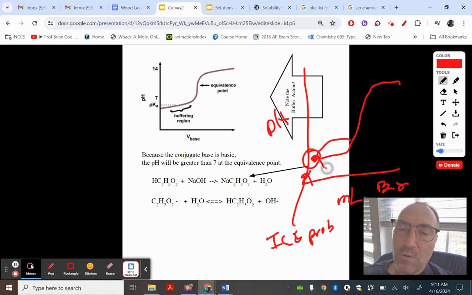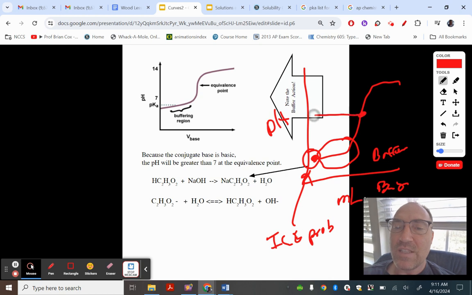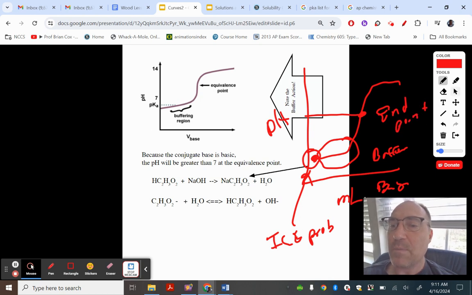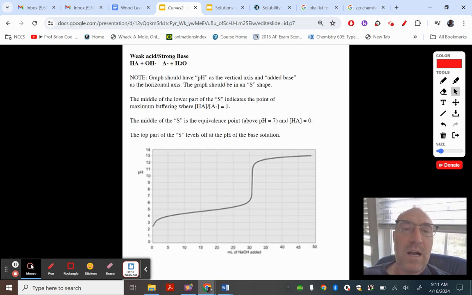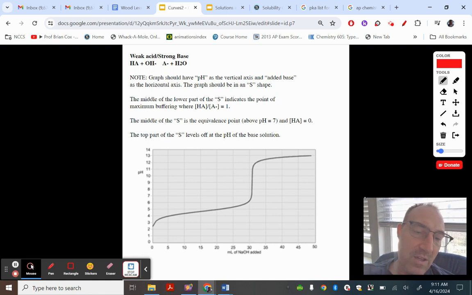And then this whole spot right here is the buffering region. So buffering. And then right here is the endpoint, and this is a hydrolysis problem, and it's above 7. Okay, now I know this is confusing, so that's why I'm going to hit it up in the next slide too. Okay, so here it is again. So the 3 points that you have to know right here,